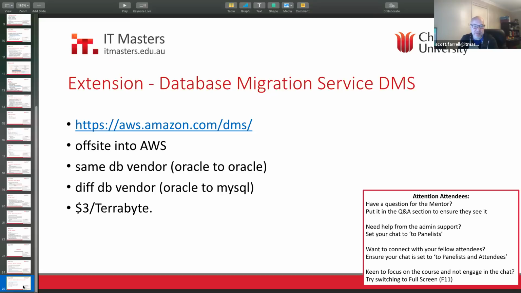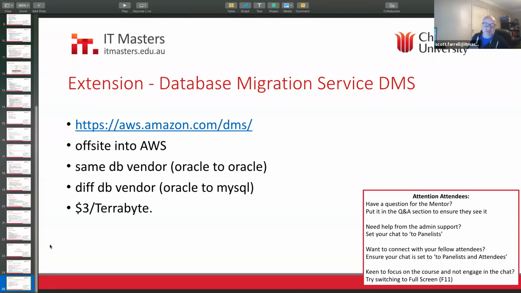So you might want to go between Oracle and MySQL, or Aurora, obviously. If you're trying to get things into Aurora, you might have an existing database, and it's $3 per terabyte. That's what they quote to move data into AWS over DMS.